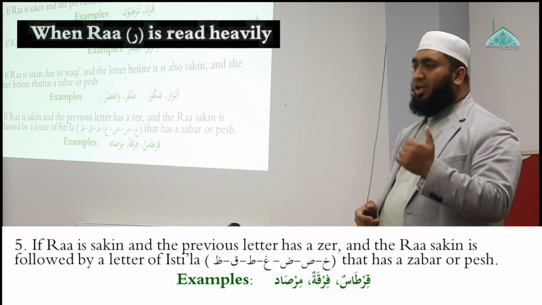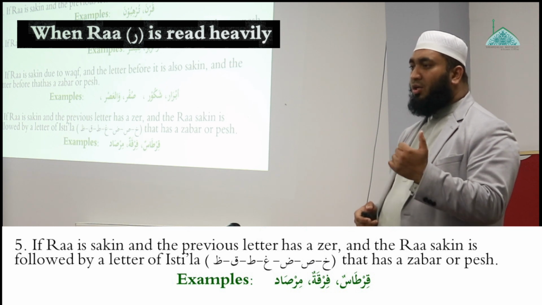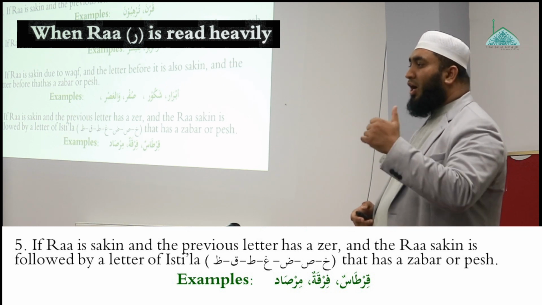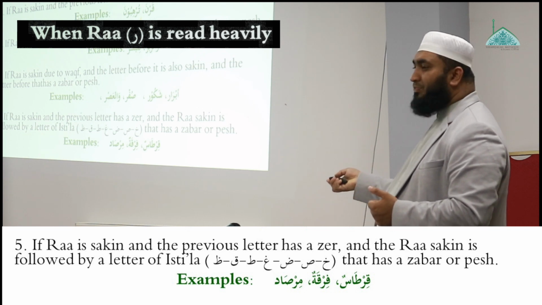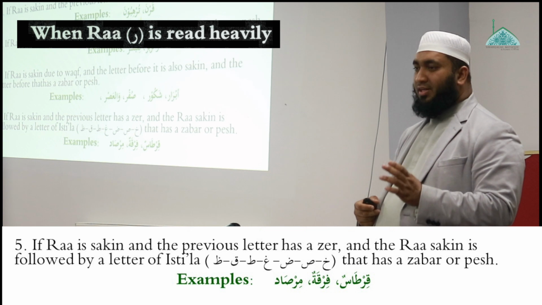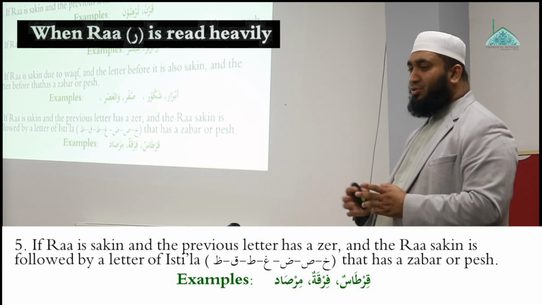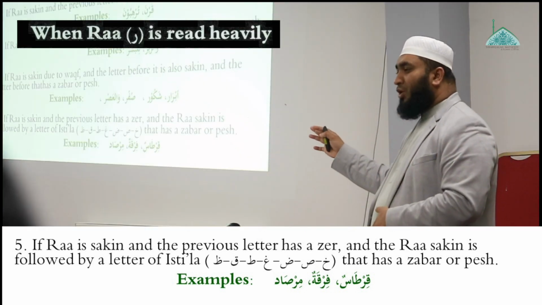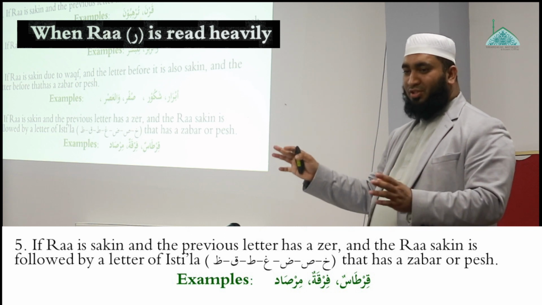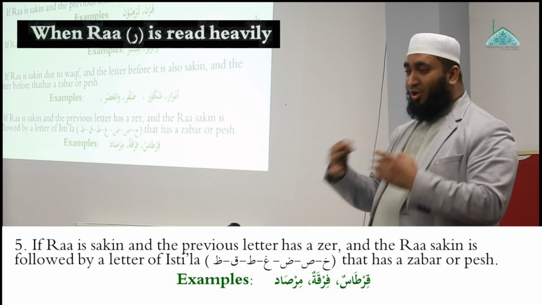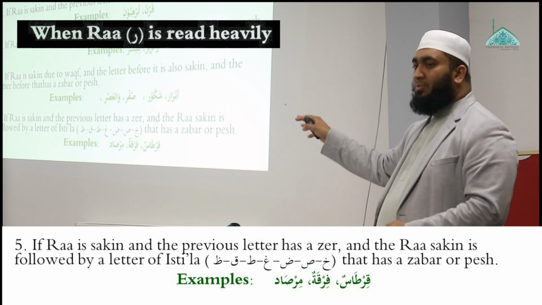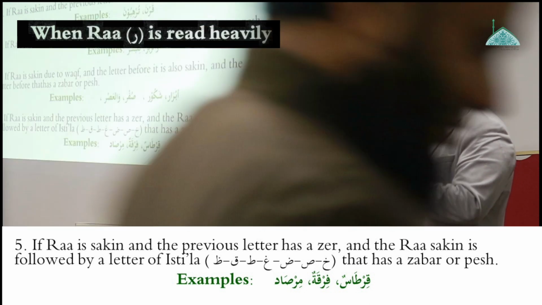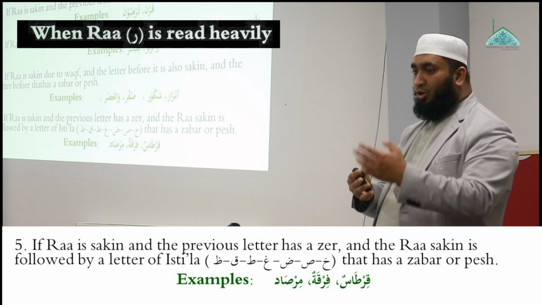Khussa, Dagatin, Qiz. Khussa, Dagatin, Qiz. Kha, Sad, Dad, Ghain, Ta, Qaf, Za. These are the 7 letters. They are the letters of isti'ala. What we'll do, we'll not worry about it now and rush to memorize. We'll learn slowly, inshallah. Just keep in mind that if any of the letters that become heavy, followed by a